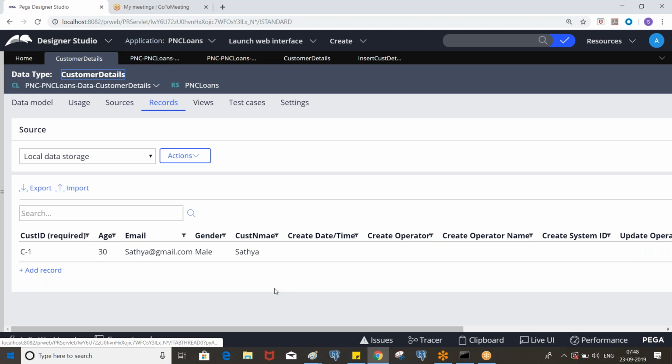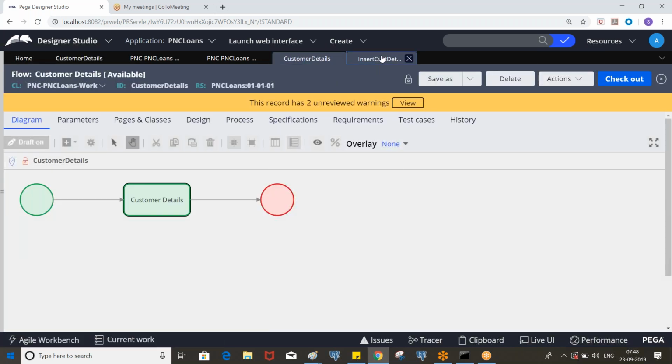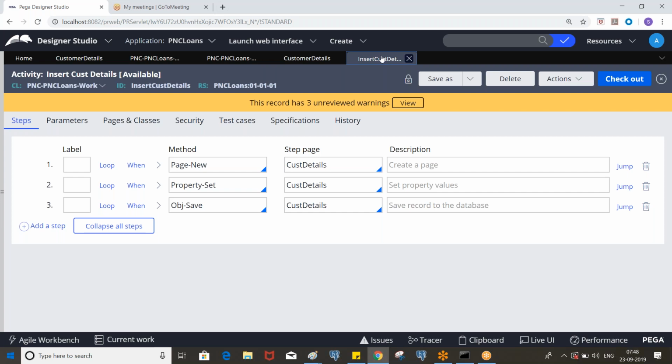So we are doing this through an activity. How the work object details are getting stored is, internally there are out of the box activities, and those are executed and take care of saving the data. Now, this we have hard coded, right? So whenever this activity is executed, the same data is going to be stored. If we invoke it in the flow, we can capture this data dynamically.